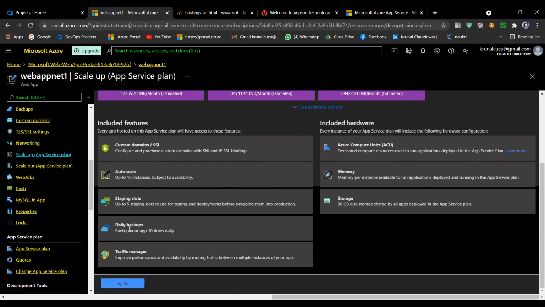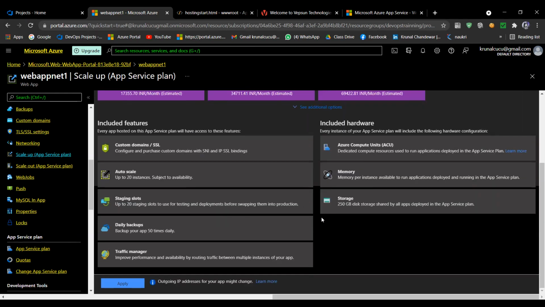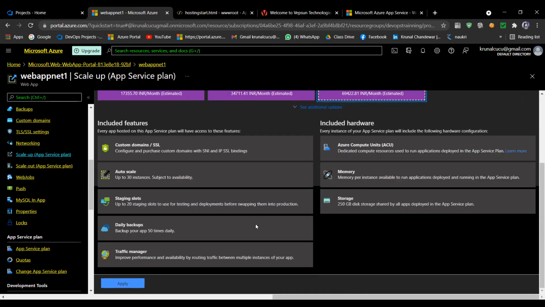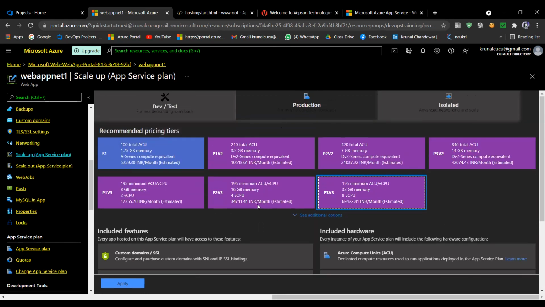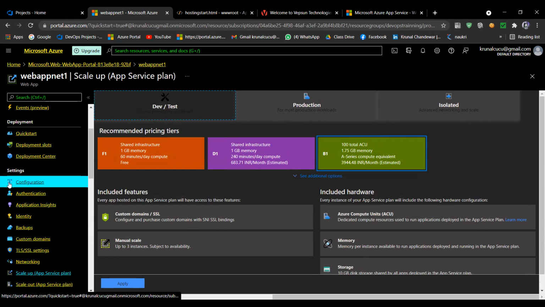When you are working in real time with any organization, you can use a Traffic Manager, Azure compute units, and even expand your memory and storage. You get this feature with this plan. If you select this plan, you get even more features. And if I directly select this one, you get higher limits and many more features with this plan. This is very important, and that's why we are discussing it. Okay, so this is about the plans.